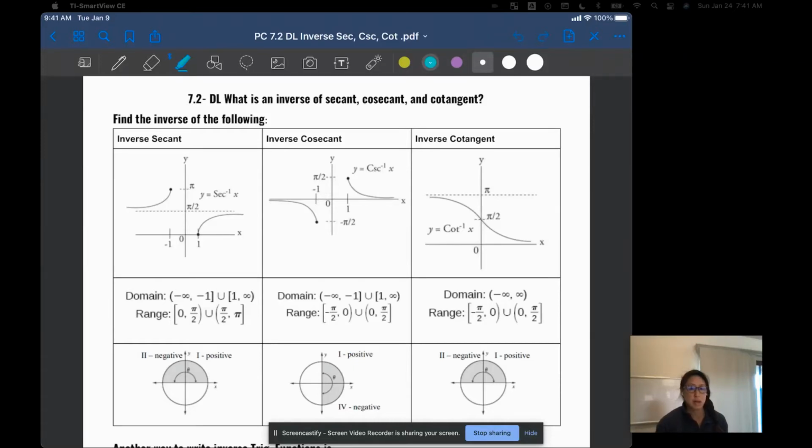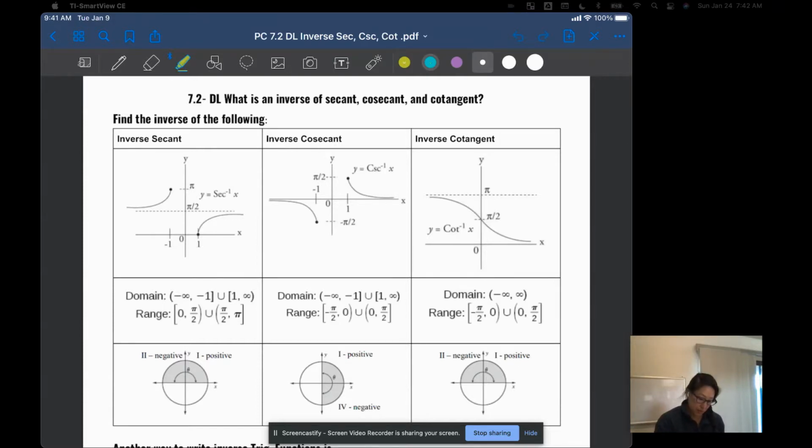Now we're going to look at the inverse secant, cosecant, and cotangent. There isn't a button for inverse secant, cosecant, and cotangent, so I'll show you how to deal with that in your calculator as well. So the inverse of